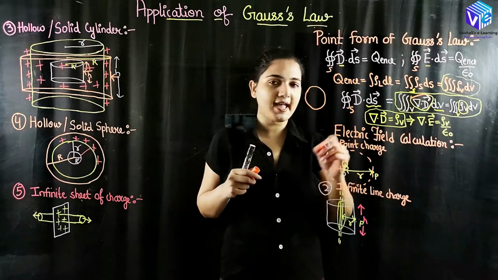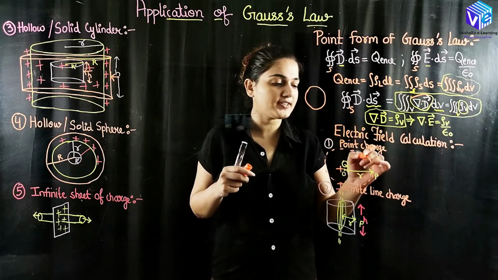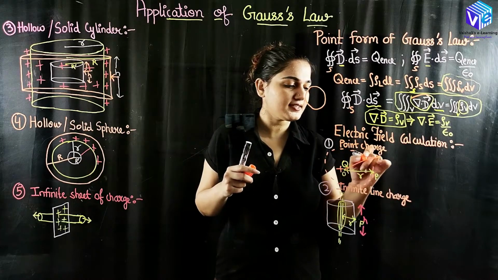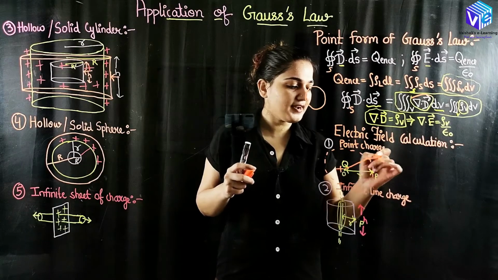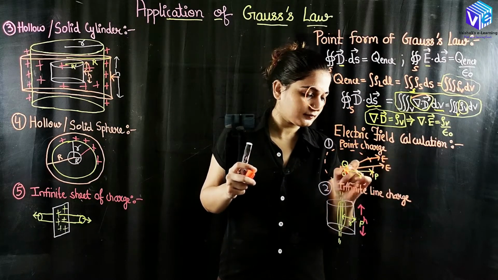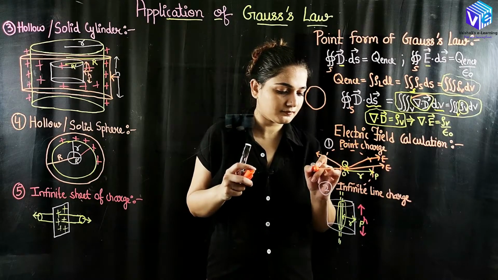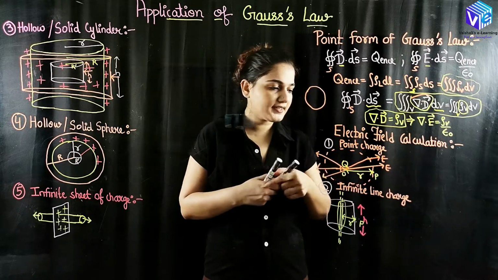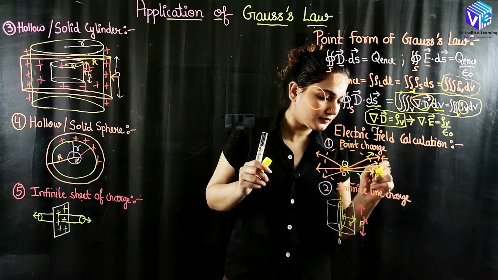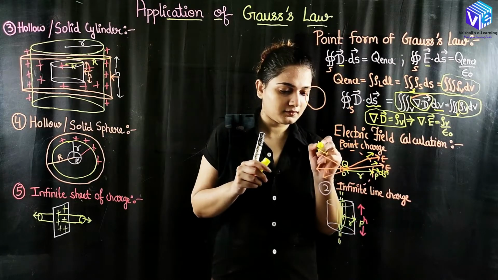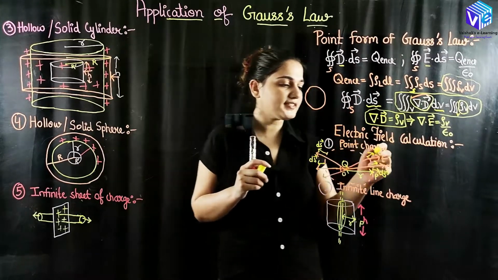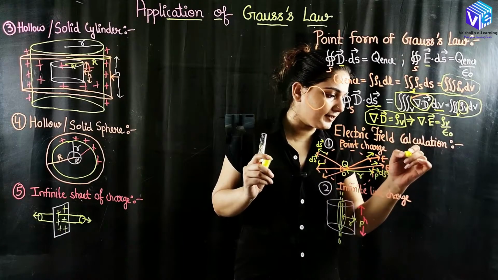First of all, here I have taken the solid surface. The solid surface has the electric field like this. These are the electric field lines from this charge Q. If I make the surface vector, you can see at all of the points E and ds are making the same angle.